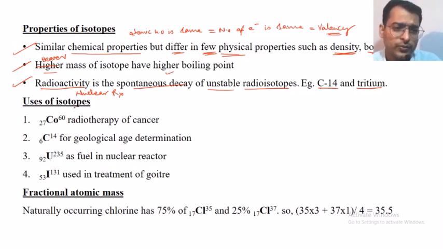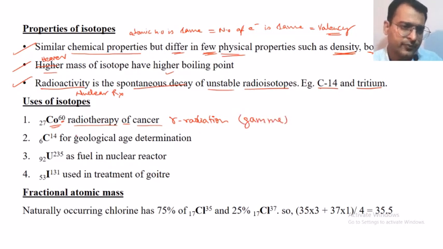Okay, so what is the importance of isotopes? How are these isotopes used? One of the important applications is cobalt. Cobalt 60 is used in the radiotherapy of cancer. Okay, it emits a gamma radiation. Cobalt 60. C14 is used for the geological age determination because you see carbon C12, C13, C14 are there, but